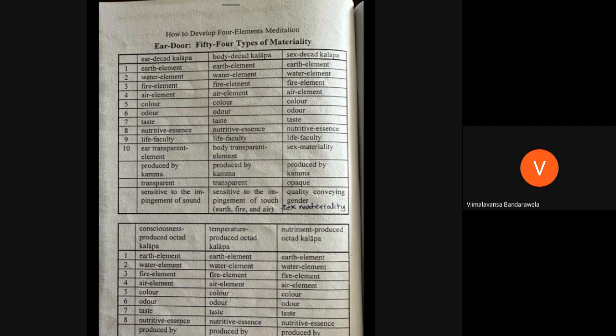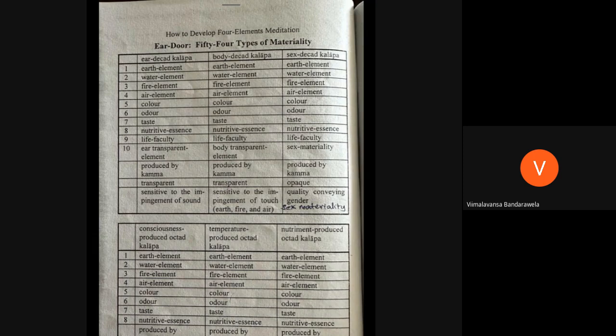Now you can understand, because of this life faculty of the Jivita Navaka Kalapa, or the Jivita Rupa, you can see it is a must. You can see your life nonad kalapa, the Jivita Navaka Kalapa. So altogether here also, if you count them up, you can understand this is 63 types of ultimate materiality.